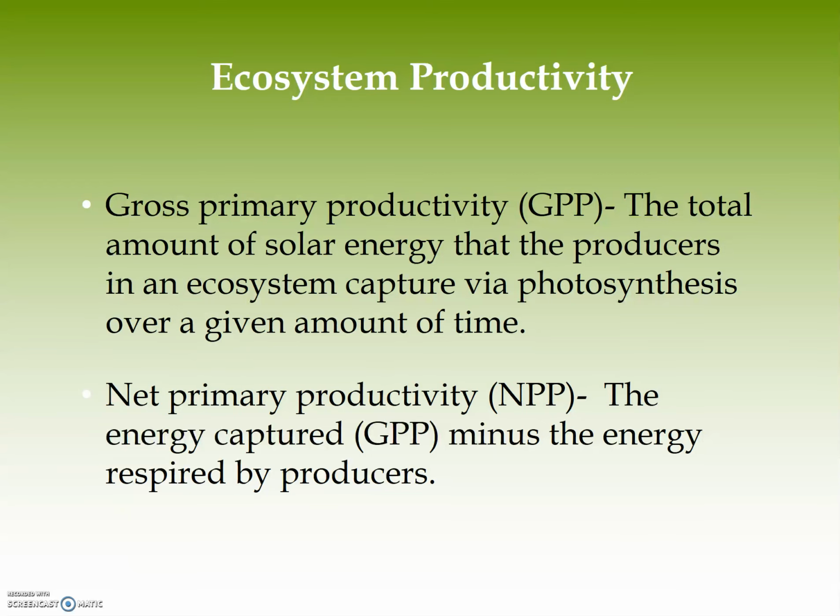You can sort of think of it in terms of a paycheck. GPP is like the total amount you get paid, but the NPP is the actual amount you take home after taxes. So GPP is how much photosynthesis is occurring over some amount of time. And it's a challenge to figure out because plants don't often photosynthesize without also respiring. So it's hard to figure out. We can do some measurements to figure out the rate of photosynthesis. But we want to keep this idea that it's not